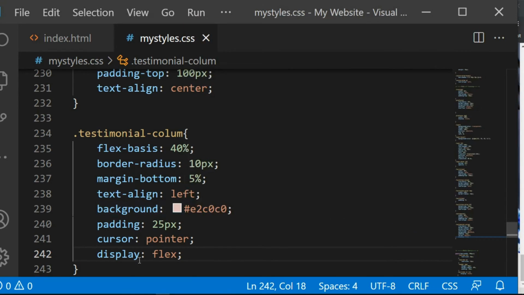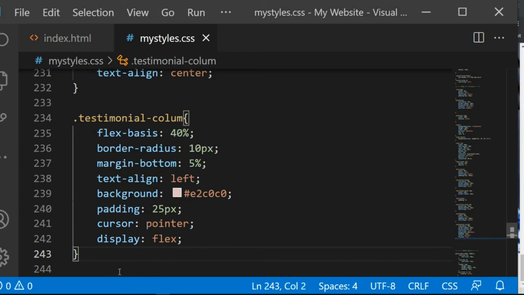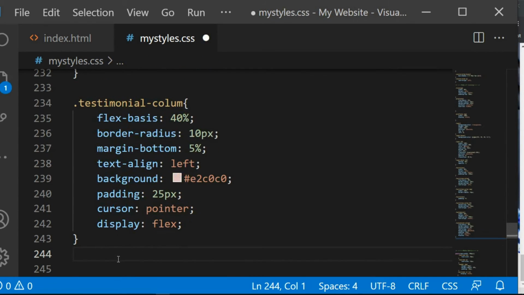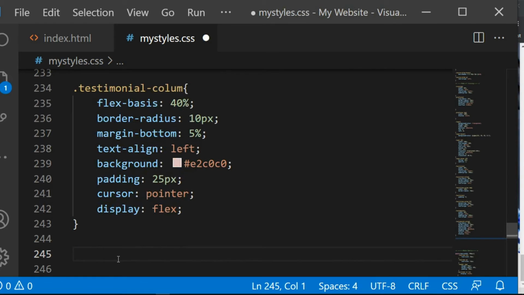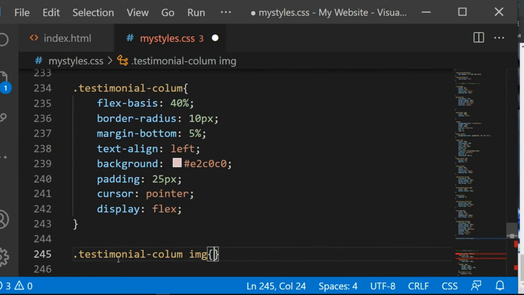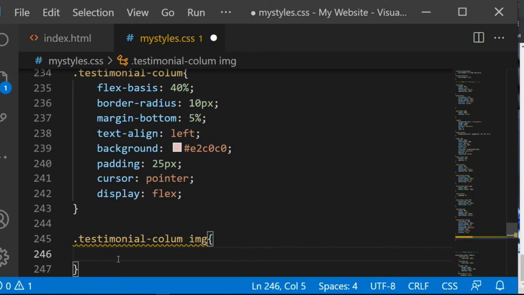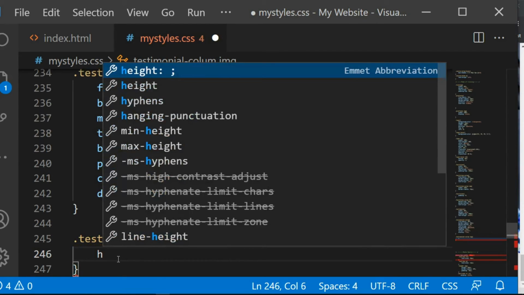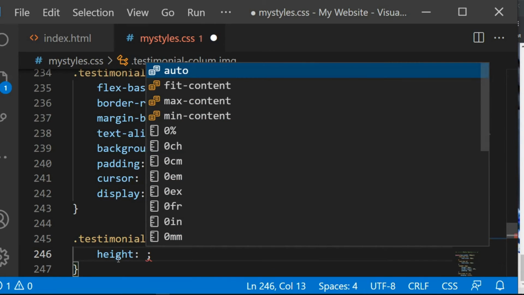So go to your CSS, and again the selector is now going to be the testimonial column, but now we are targeting the image. So let me just write dot, and then I paste there, and then we will write img, because we are targeting the image. So now with the image we are going to give it a height. So height, let's give it 40 pixel,